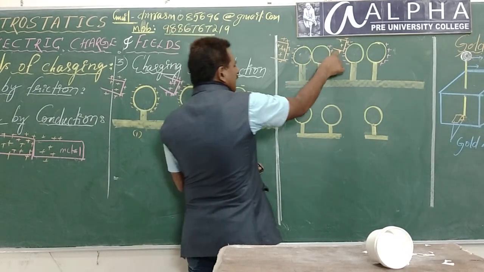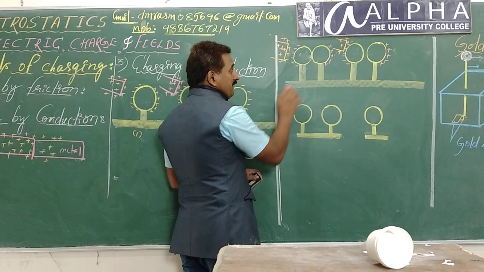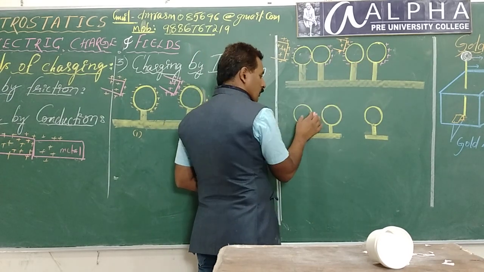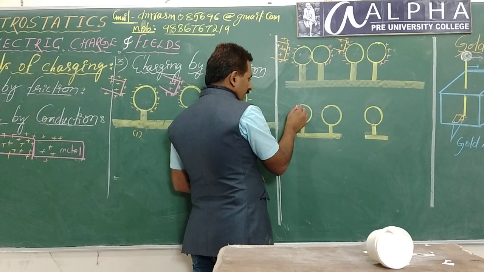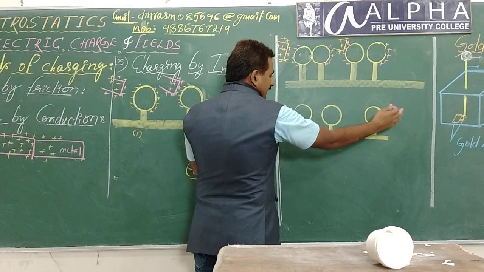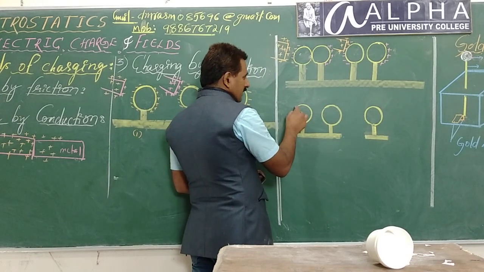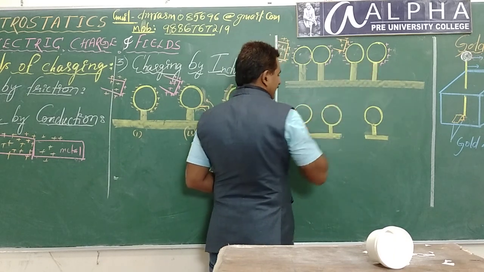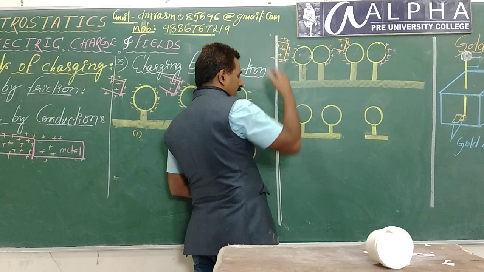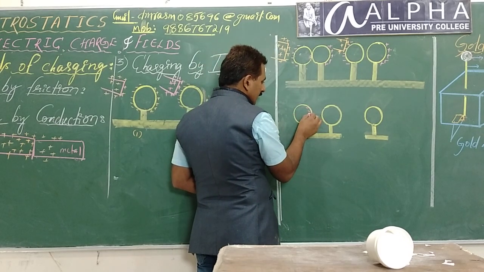But if you remove this conductor, what happens? If you remove this conductor, I am not writing this conductor here. I am just placing these two together. Now what happens? Here charges are on this surface, here on this surface, the farther surfaces. Charges here are on the farther surfaces, but when you take this body away, these charges rush over here.